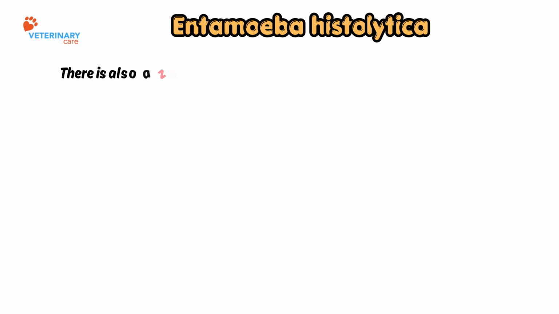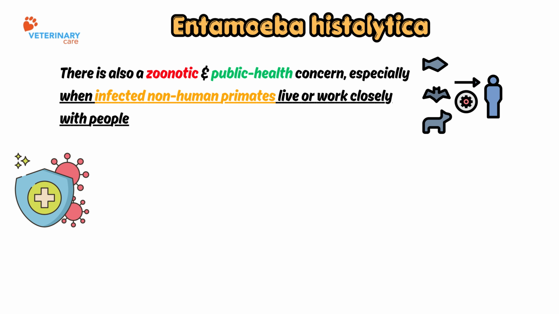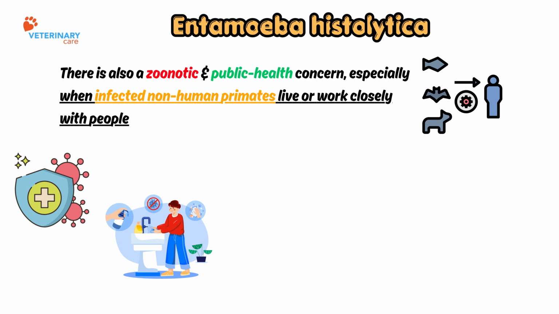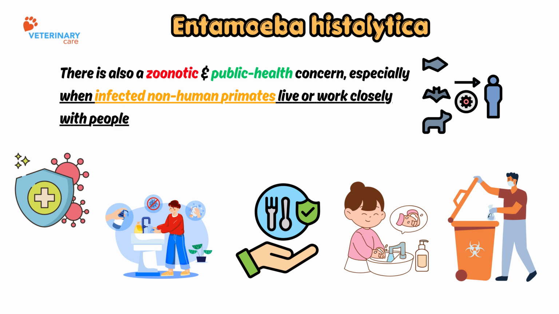There is also a zoonotic and public health concern, especially when infected non-human primates live or work closely with people. Prevention of Entamoeba histolytica mainly relies on good sanitation, safe food and water, proper hand hygiene, and prompt disposal of